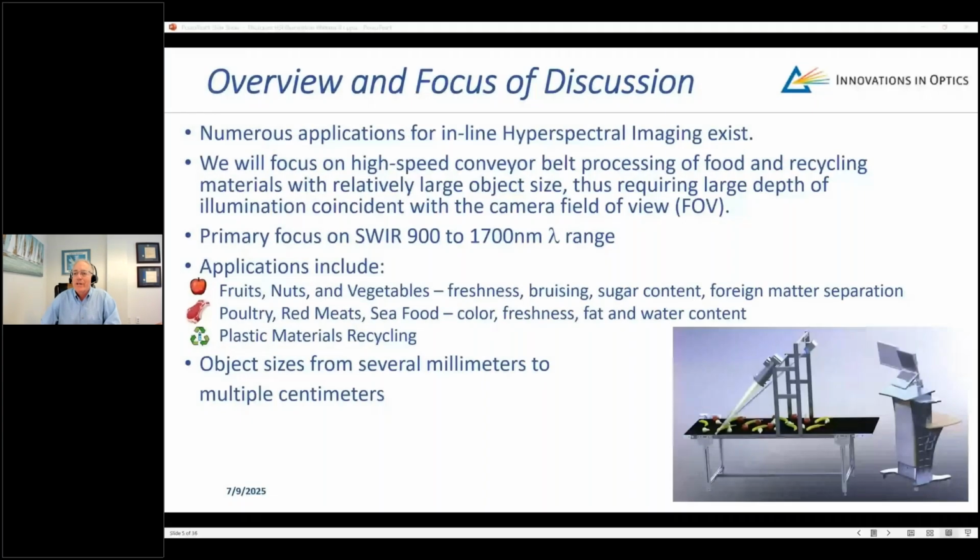That's a wonderful introduction to HSI technology and really motivates the rest of the discussion. So as Christian mentioned, there are many applications for hyperspectral imaging. We're going to focus on a particular application that Christian also mentioned, that is looking at things like produce or plastics recycling, where the object size is on the order of many centimeters. We're also going to focus on the SWIR 900 to 1700 nanometer wavelength range,